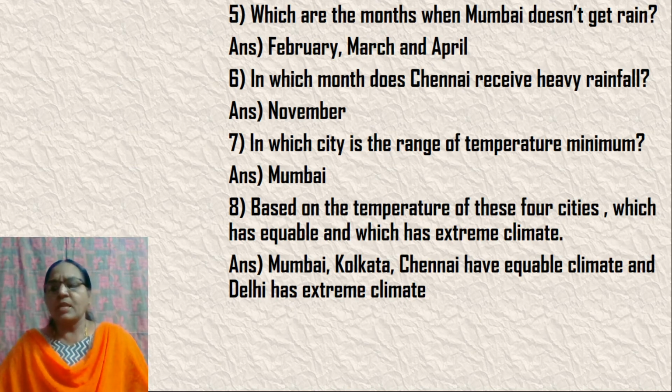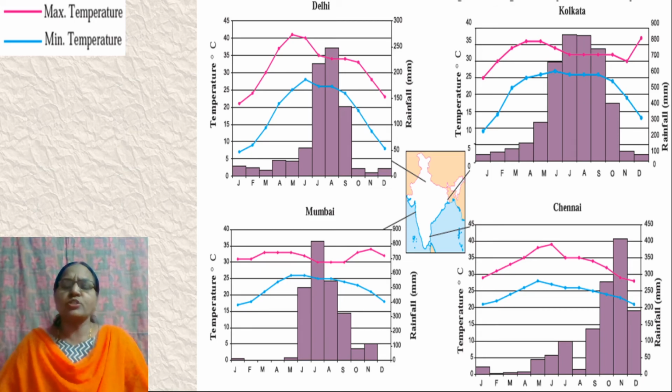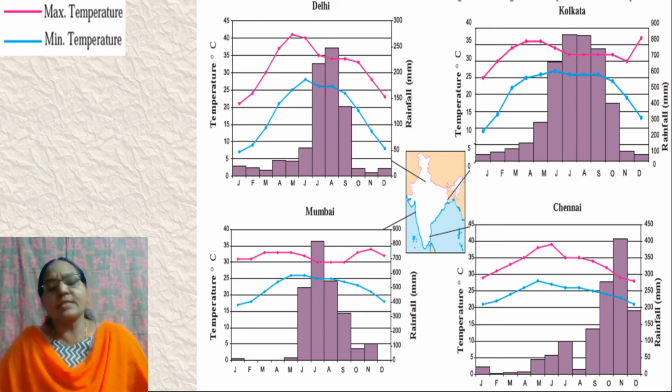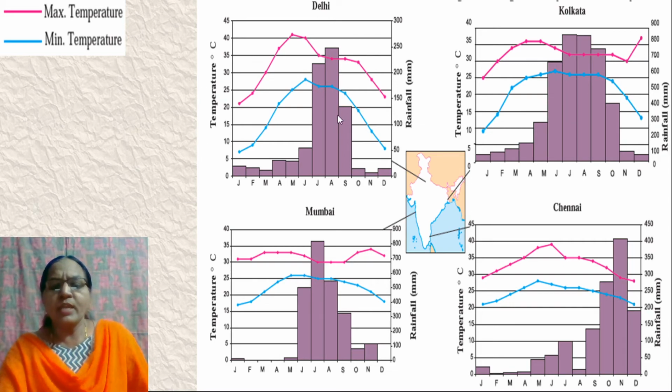For example, summers may be very, very hot and winters may be very, very cold. So from this graph, you might have understood which city has the extremes in climate and which cities have equable climate. Looking at these four graphs, we come to an understanding that Delhi has extremes in climate